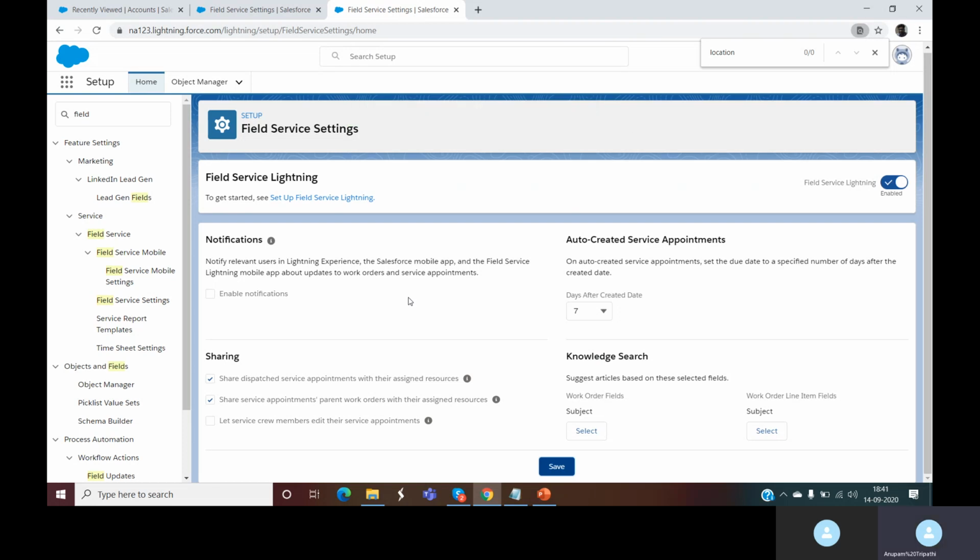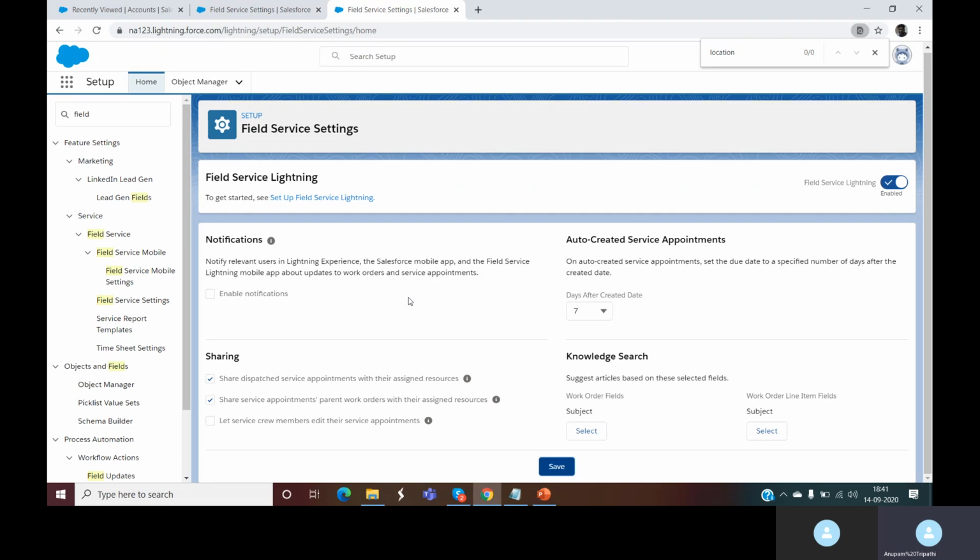Secondly, there are some data integration rules which are helpful in updating or calculating the geolocations and the exact locations for your field service work orders.